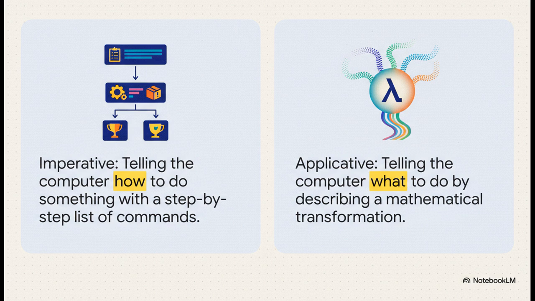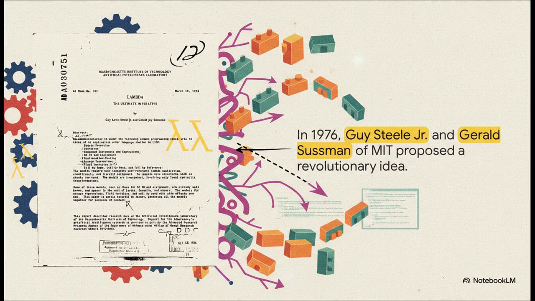And on the other side, you had applicative, or what we now call functional programming. This is way more like just giving someone a destination address and letting the GPS figure out the route. You just described the what, the final result you want, as a sort of mathematical recipe. And right into the middle of this whole debate step our two protagonists, Guy Steele Jr. and Gerald Sussman. And with this paper, they didn't just suggest a truce. No, they proposed something way more radical. That one side of this war could actually be built from the ground up using the tools of the other. It was a totally wild idea at the time.